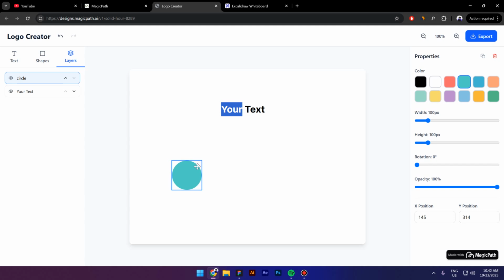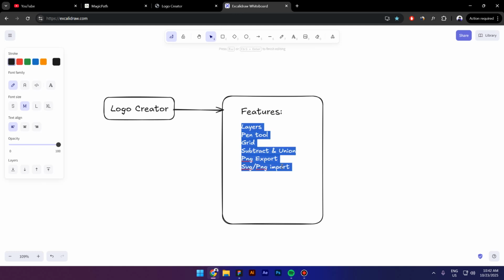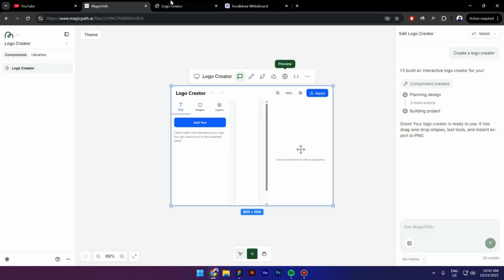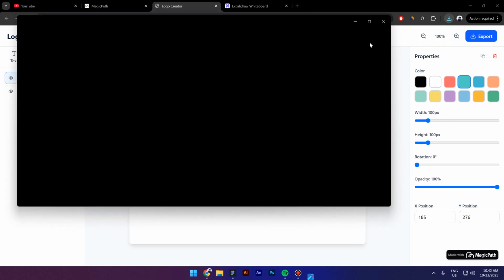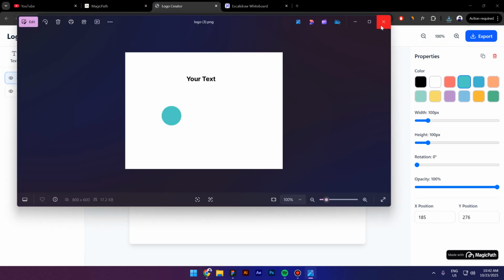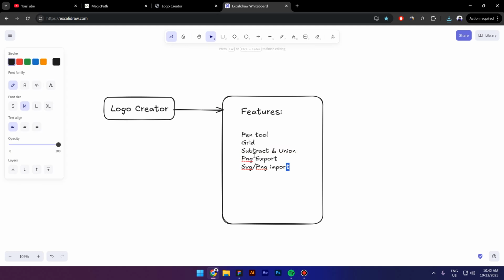So what I'm gonna do next, I'm gonna go to this website and I'm gonna take this, copy it, and maybe let's remove the layers because the layers already exist. And let's see what else should we remove. Export, let's try to export and see it's PNG actually. Let me click on it, but it has a white background, so I'm gonna keep this PNG right here and let me copy everything,